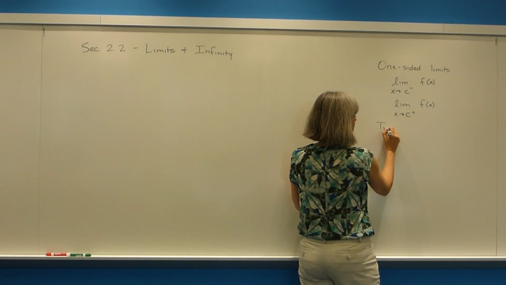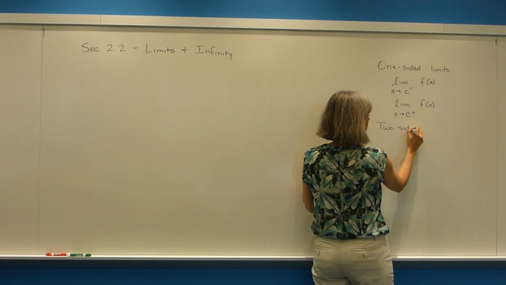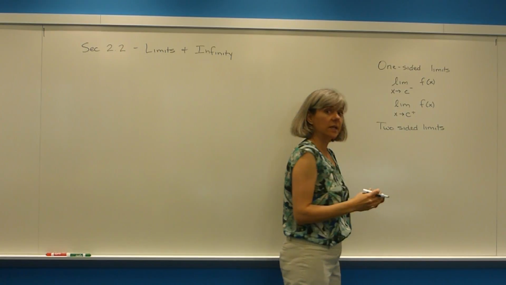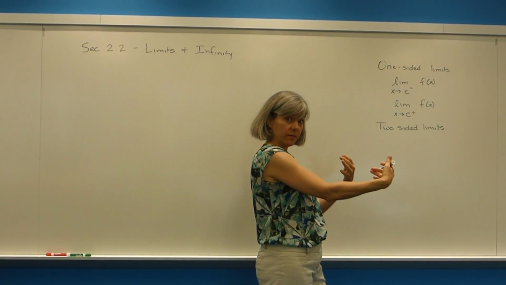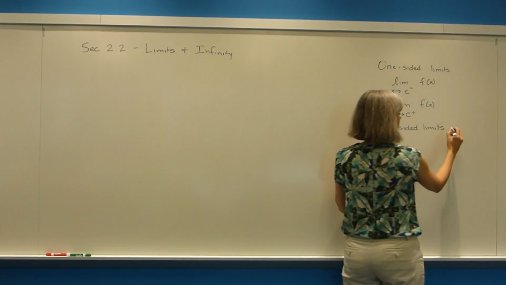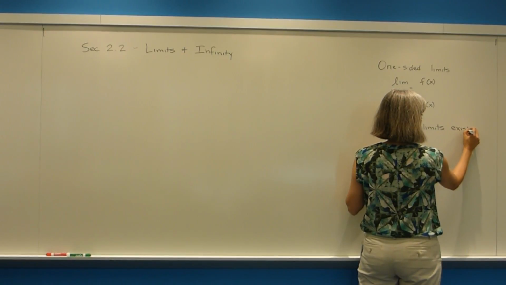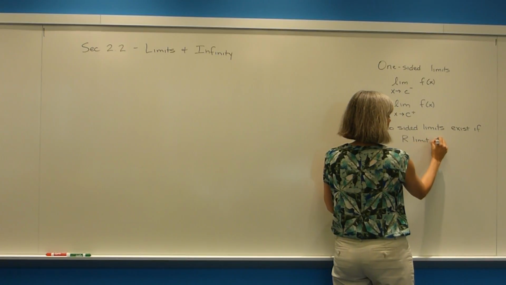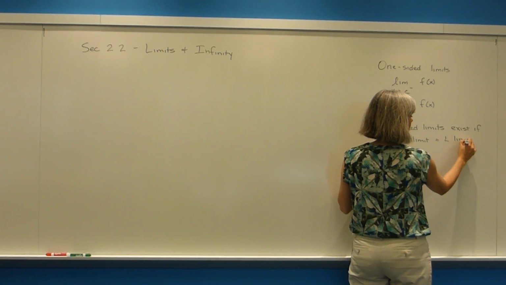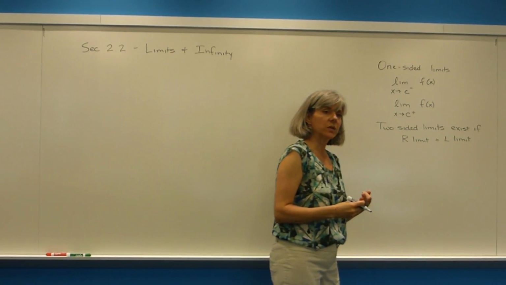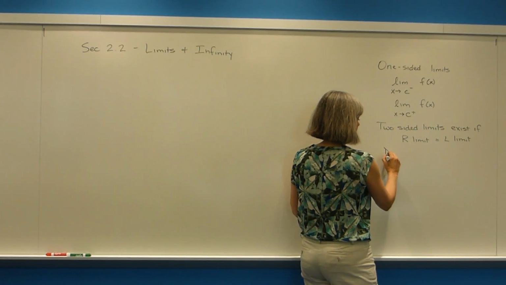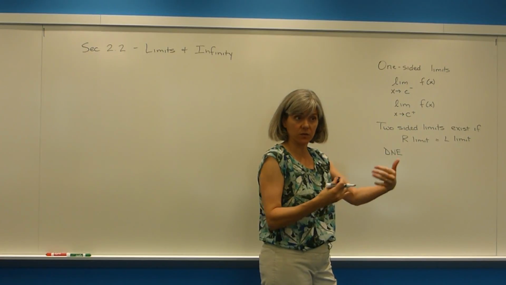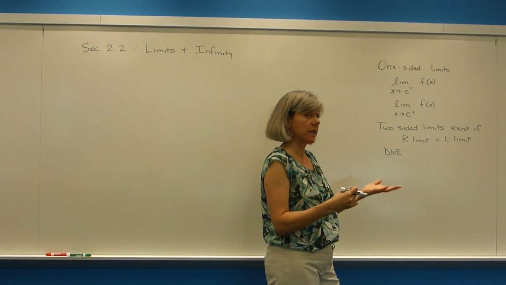And then we have two-sided limits. Two-sided limits exist if the right limit and the left limit match. So two-sided limits exist if the right limit equals the left limit. And then we introduced the notation DNE for does not exist. If the right and left limits do not match, or are not the same, then the two-sided limit does not